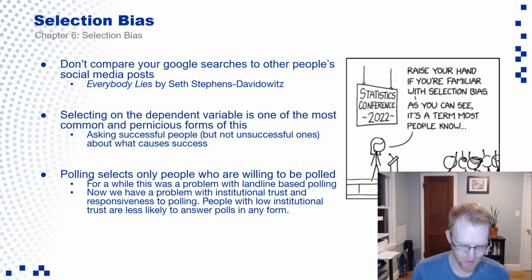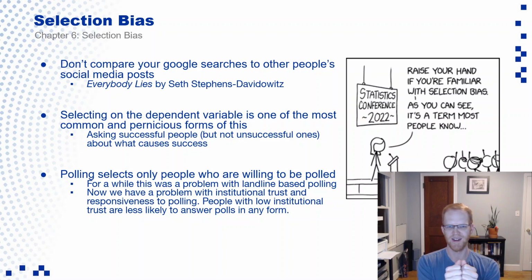So there are some forms of selection bias that are, none of it's good, but some of it might be mild enough that we're not too worried about it. But possibly the worst way to do it is say we have this outcome that we're interested in and we just select only people who already meet that outcome, because we're building in a correlation just by the nature of asking those people, right? So if you ask a bunch of successful people about what causes success and they say, well, I woke up early and I worked hard,